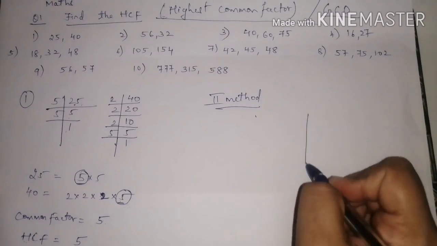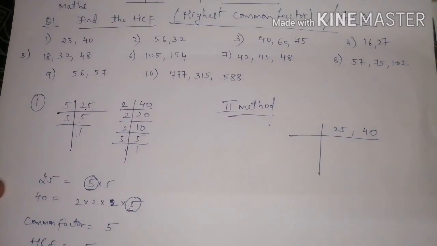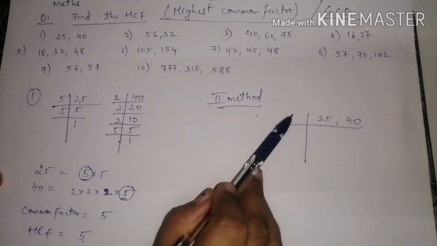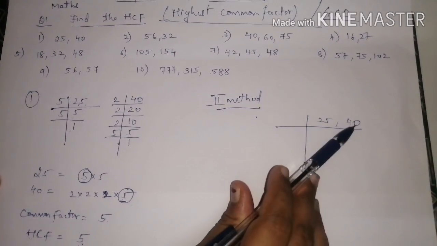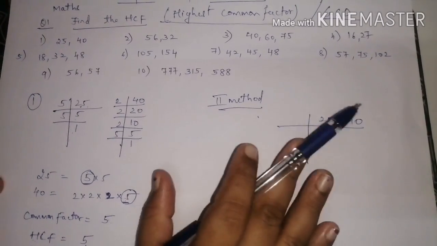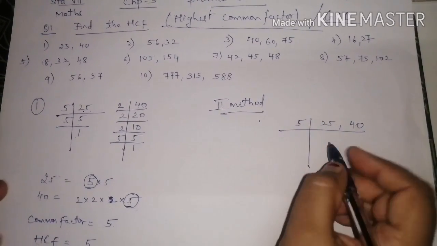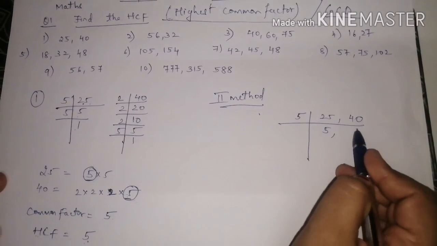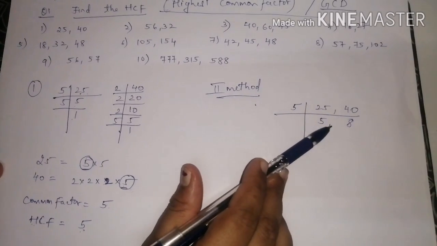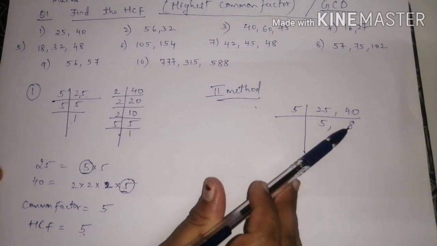You can do it like this: 25 and 40 together you can write, and think of the table in which table they will go. The same table the numbers should go. 2's table, it will not go for both, because 40 will go in 2's table but 25 will not. 3's table, both the numbers will not go. After 3 the next number is 5. 5's table, both the numbers are going. So 5 5s are 25 and 5 8s is 40. Now again you have to think of which table both the numbers will go. There is no such table in which both the numbers will come.